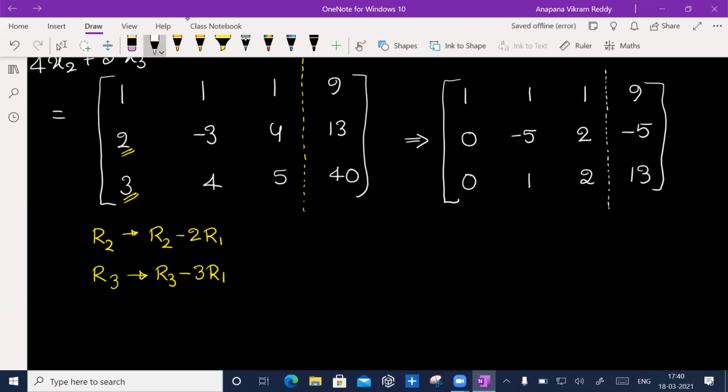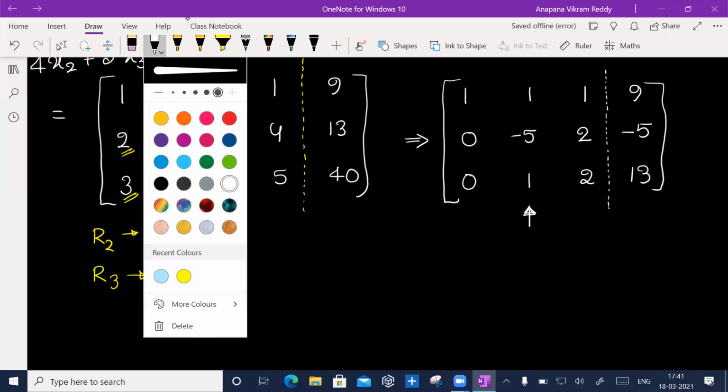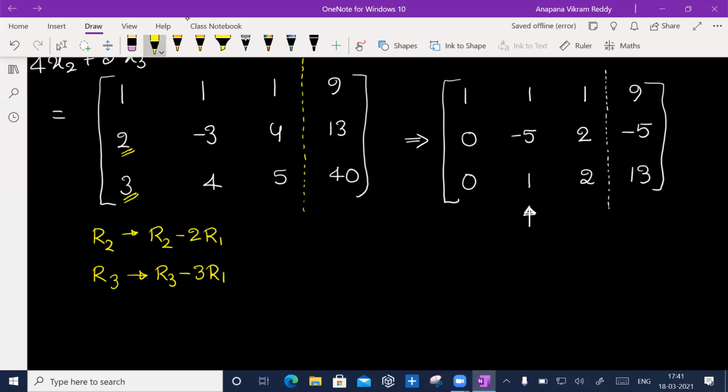Now you tell me what you do. Now the other goal is, if I go for the second column, I'll focus on this column. This guy must go 0. On top of this -5, I have this 1, so this must become 0. And also this must go 0. So how do you do that? You have your own form, no problem. However you want to do, you can do, but you should make it 0. There is no unique way of doing.